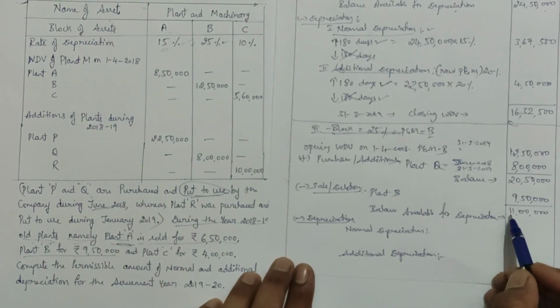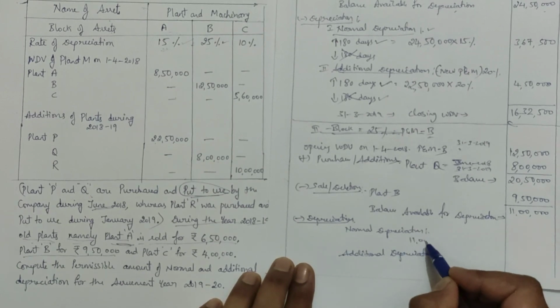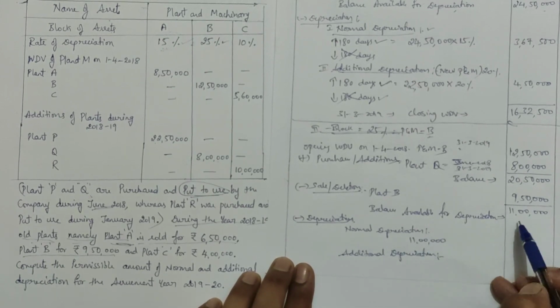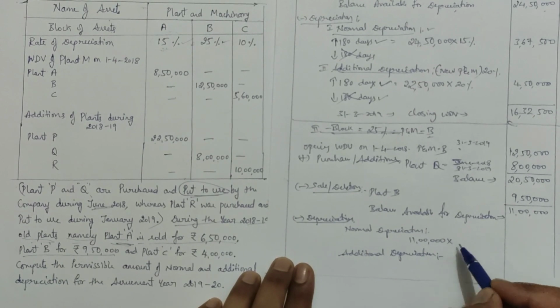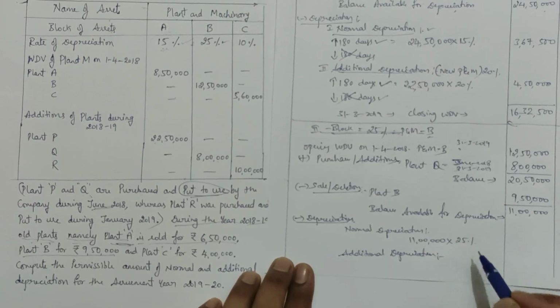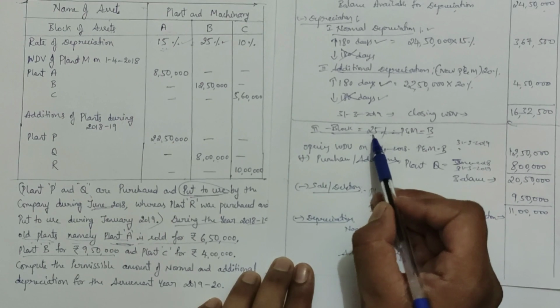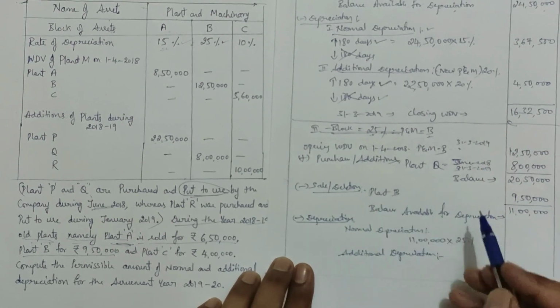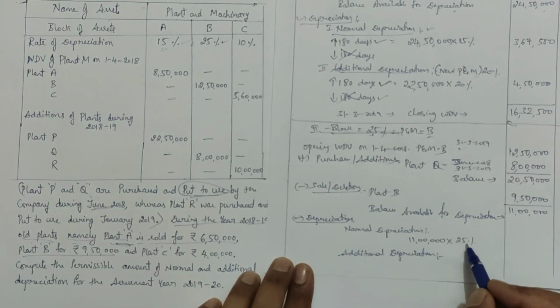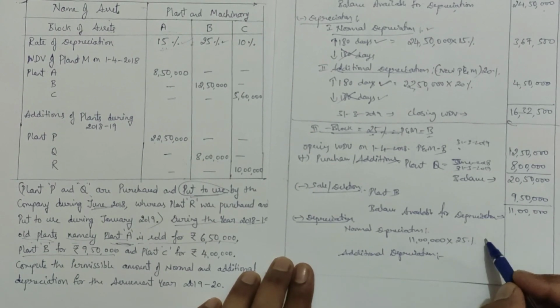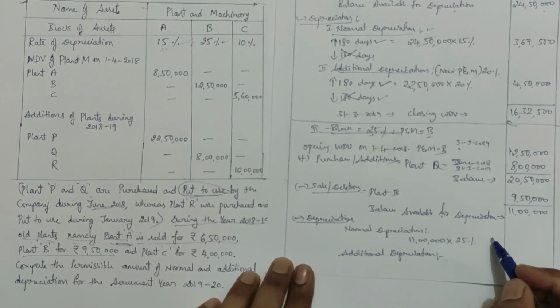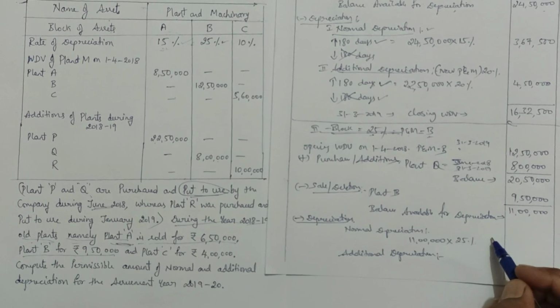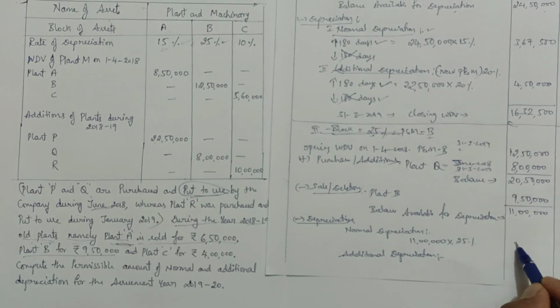So what we need to do is, on the full balance amount, 11 lakh, we need to charge depreciation. 25% is the rate of depreciation. We are charging the full 25% rate on 11 lakh. So if we calculate that, we get 11 lakh into 25%,